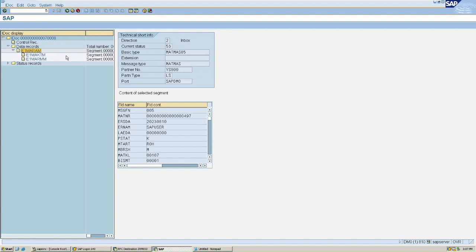See here in this segment you have multiple fields like MATNR, the material number, and ERNAM, the user ID, and this is the industry sector, which industry, and this is MTART, the material type. So all this will be filled in the main structure, and in the sub segment, all the related data will be there. This is called the data record, and this is the status record,